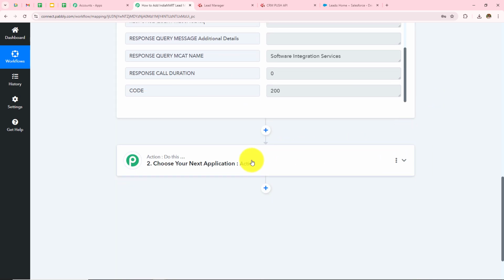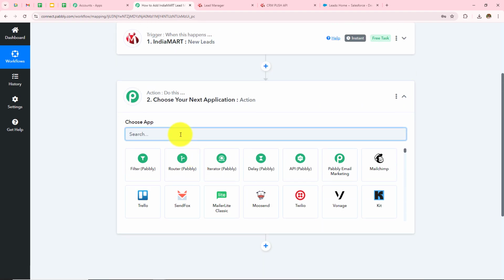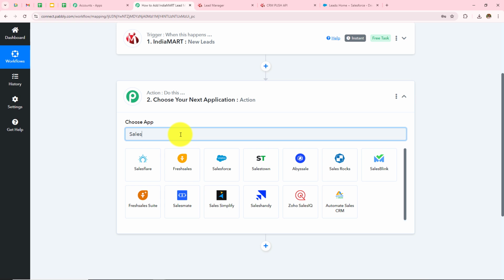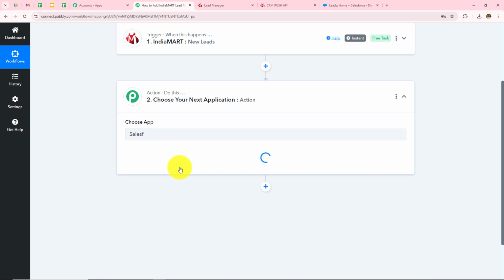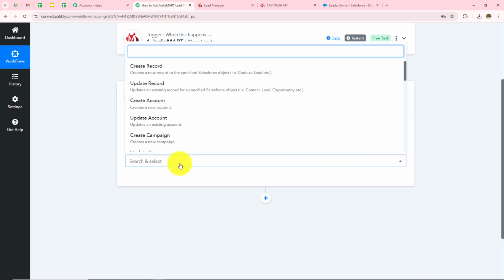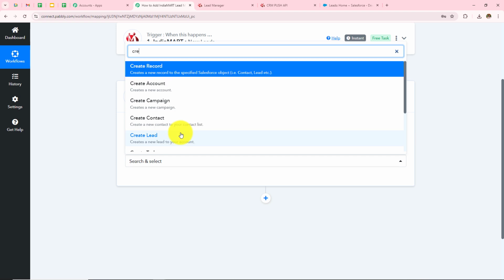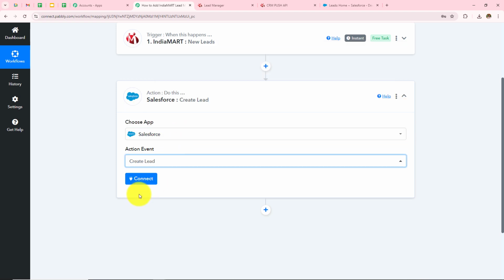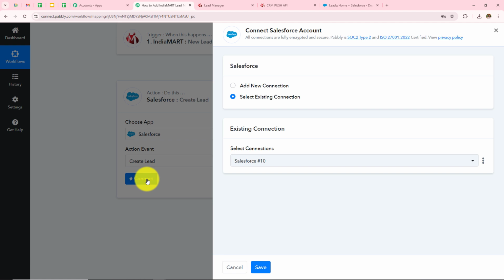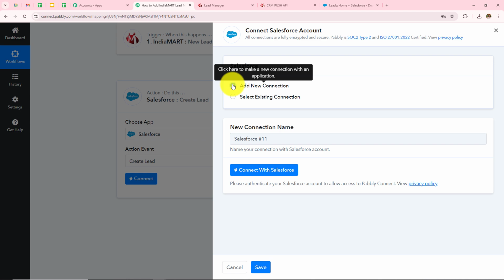Now I need to move to my next step, that I want to add this lead in my Salesforce. So here in my action application I am going to take Salesforce, and then in my action event I am going to take create lead. Now I have to click on this connect. So if you have an existing connection, go with save. If you don't have one, click on this add new connection, and then we have to click on this connect